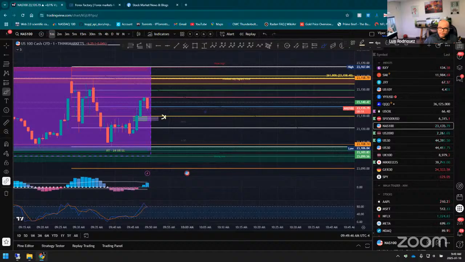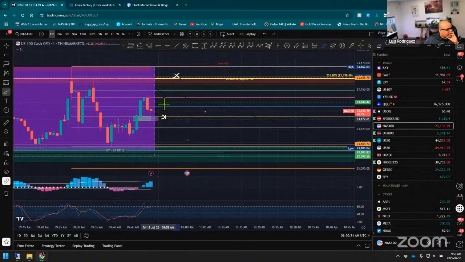Go, go, go. There you go. Is it going to go? Is it not going to go? Is it going to respect it? It's fighting the area. It's probably going to hit this here to grab liquidity. You're going to have two areas now, here or here. If it comes here, it might just get an impulse to go here.